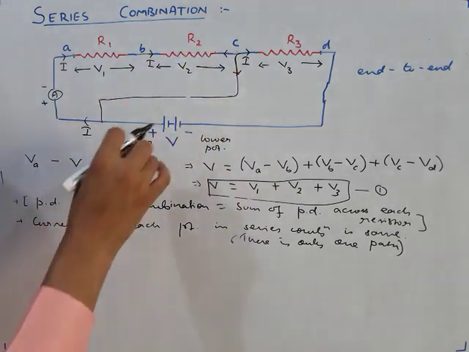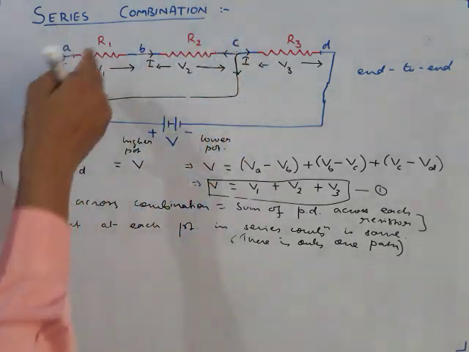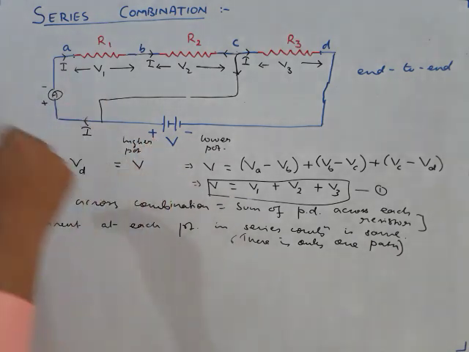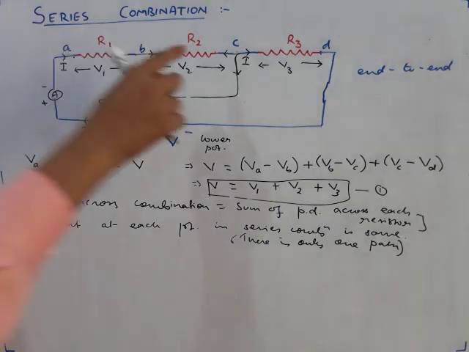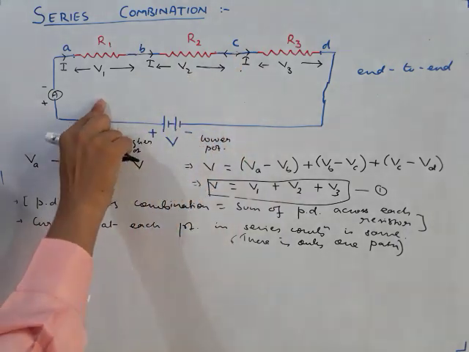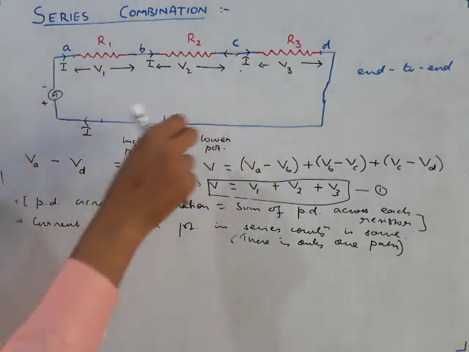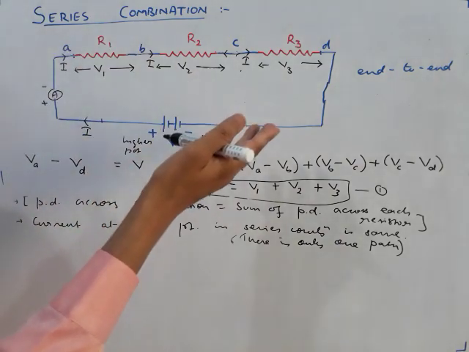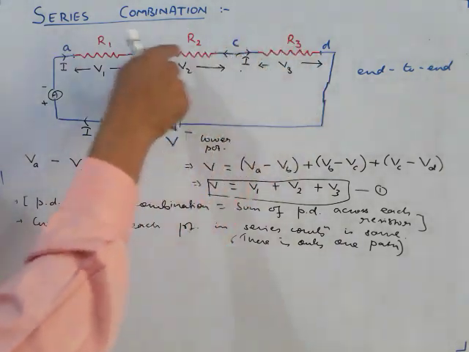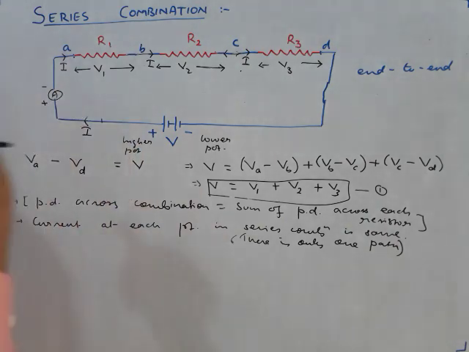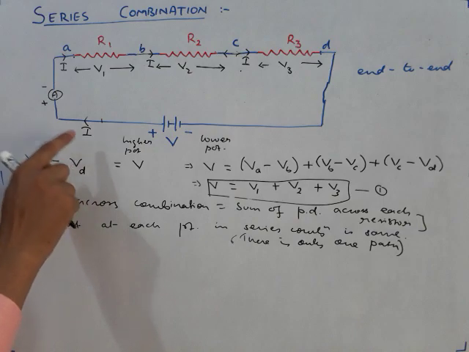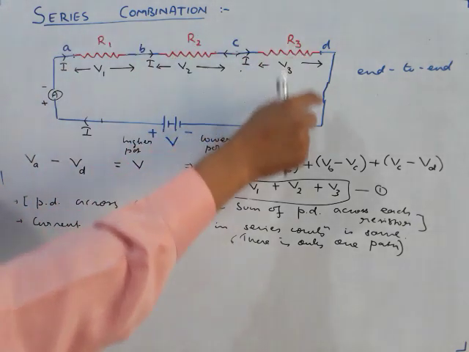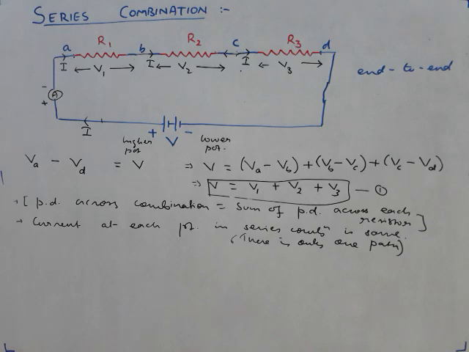The path which has less resistance, more charge will flow. The path which has more resistance, less charge will flow. That is the definition of resistance: more resistance means more opposition. But if there is no choice for the charges, there is only one path, so they can't do anything, they are helpless. They have to flow through the same path. And that's why all the points on this circuit will give you the same value of current, and that's why I told you wherever you connect the ammeter in a series combination, it will give the same reading.